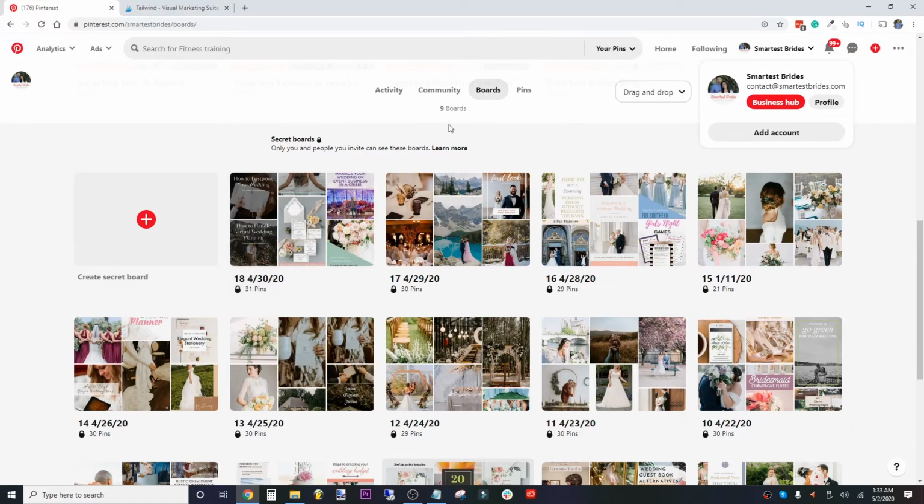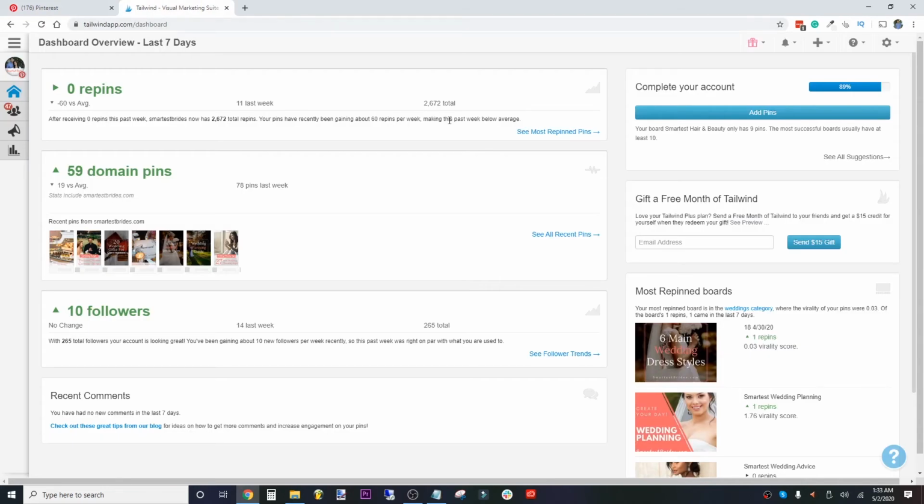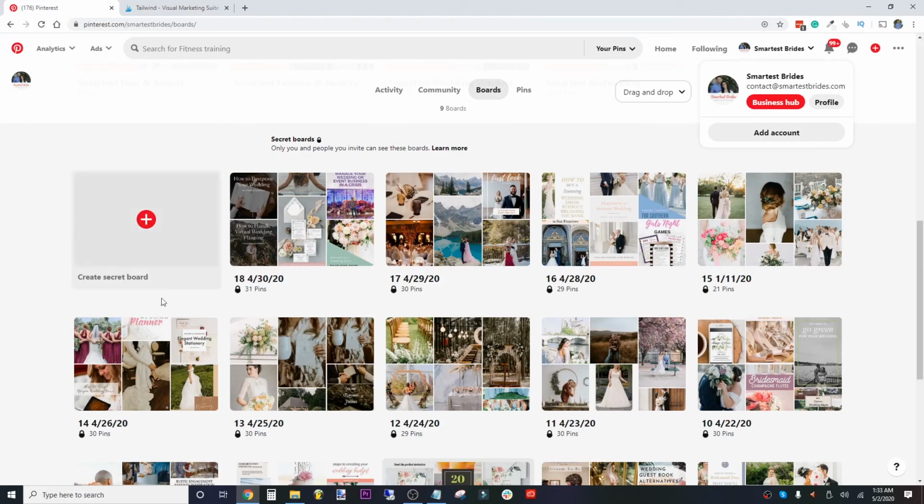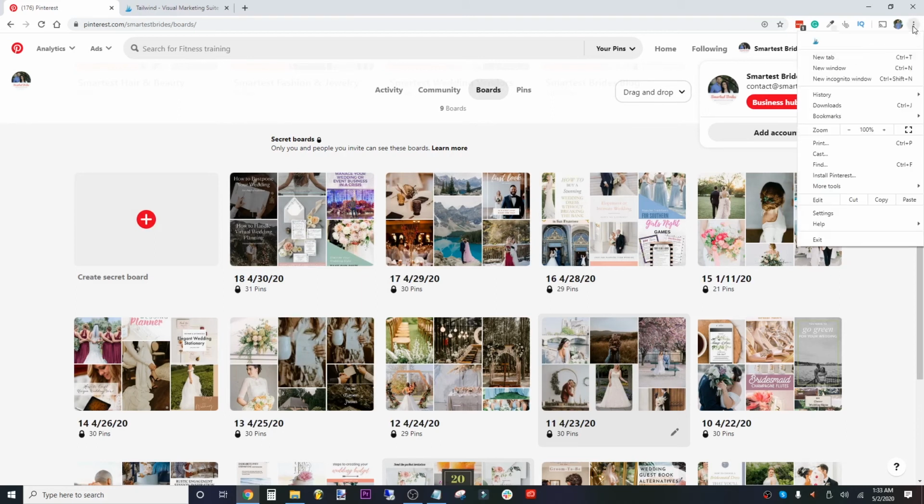Tailwind will go to your Pinterest account. You create a Tailwind account. This is a paid subscription model software. It runs right now, I believe, is $15 a month, and it's worth every penny. You integrate your Pinterest account with your Tailwind account, and then it gives Tailwind access to your Pinterest. Now, what it can do is it has a nice little Chrome extension right here. If you use Chrome, which you definitely should be,